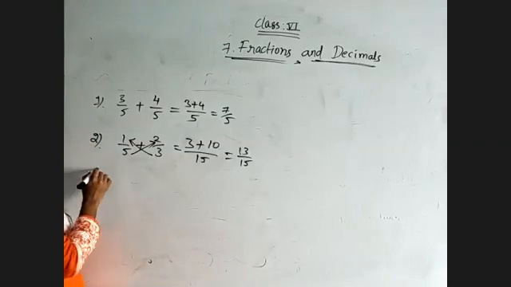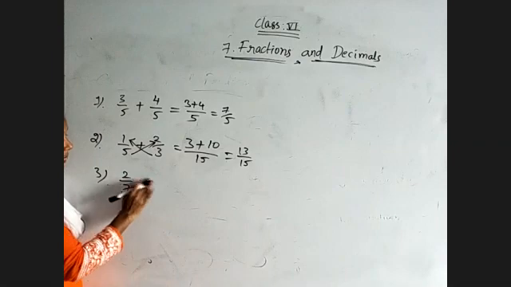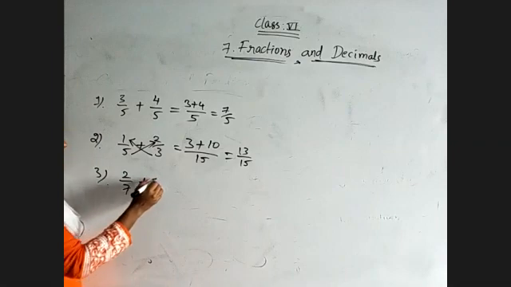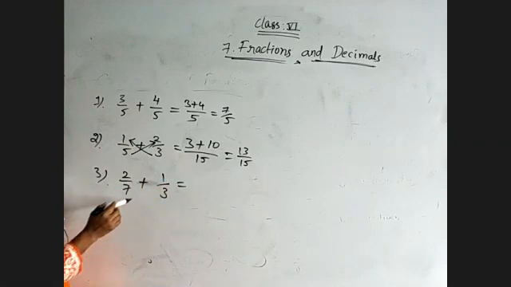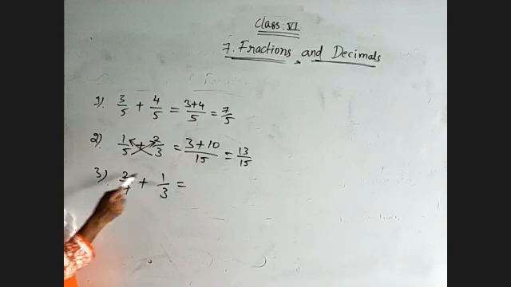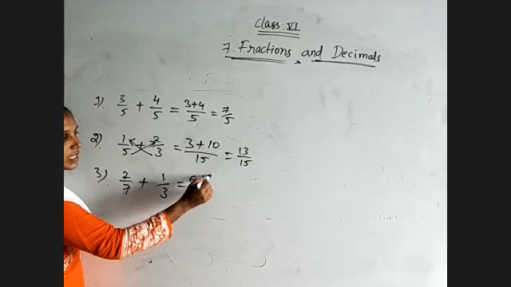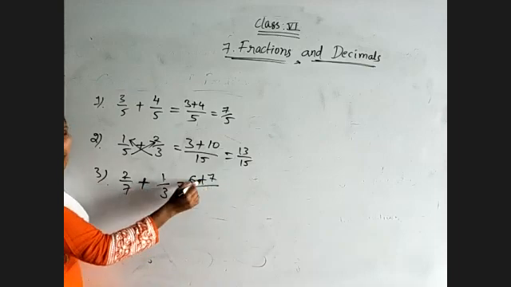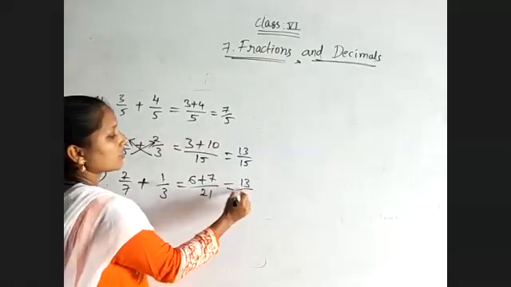That's all. And for suppose I have 2 by 7, sorry, plus 1 by 3. Simple fractions I am taking. Now, again these two are unlike fractions. So first we need to convert them into like fractions by doing cross multiplication. What you will get? 3 twos are 6. Okay. And 7 ones are 7. Plus 7, because this plus is this one. 7 threes are 21. 6 plus 7, 13 by 21.